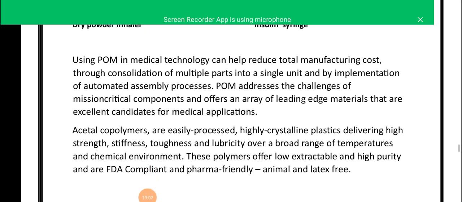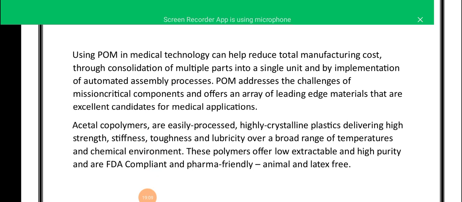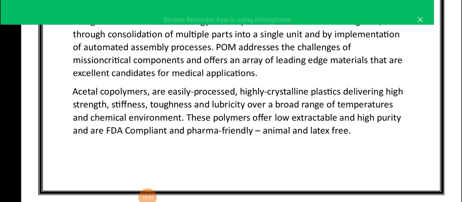Using polyoxymethylene in medical technology can help reduce total manufacturing cost through consolidation of multiple parts into a single unit and by implementation of automated assembly processes. Polyoxymethylene addresses the challenges of mission critical components and offers an array of leading edge materials that are excellent candidates